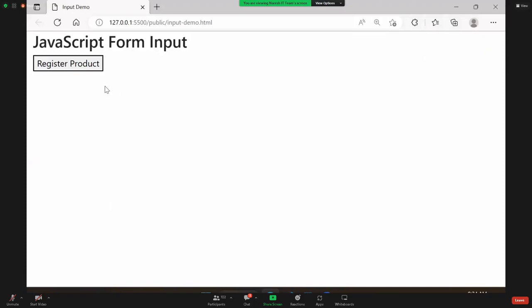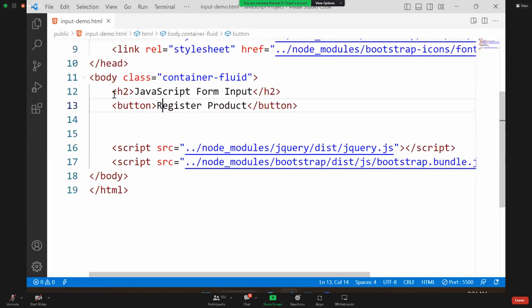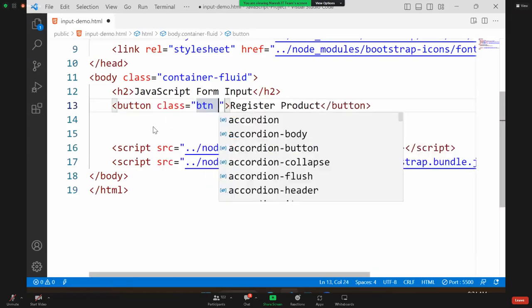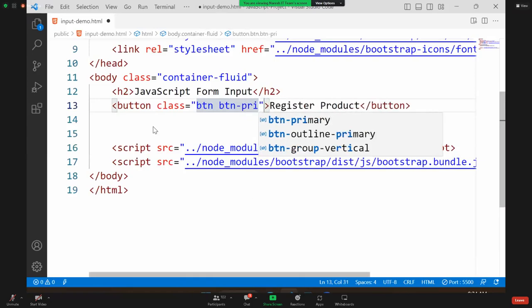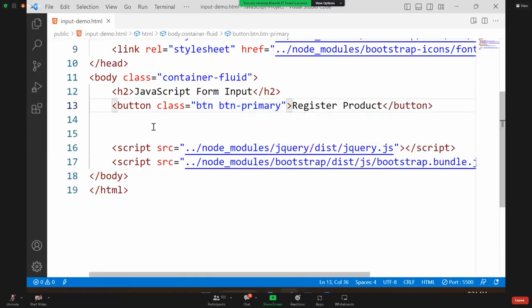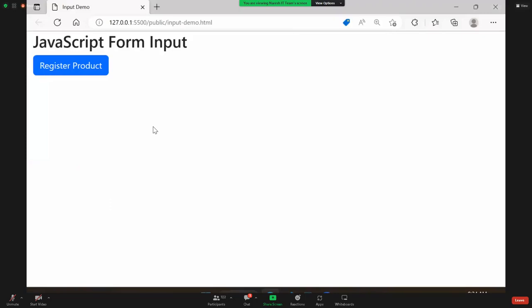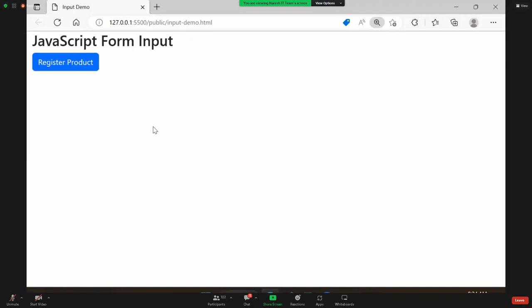I want to give a good appearance for this button. Then what I will do is I will put a class btn btn-primary. These are actually Bootstrap classes, and the button looks like this. We are applying a Bootstrap class here, and what we want now is when the user clicks this button, a pop-up should come,